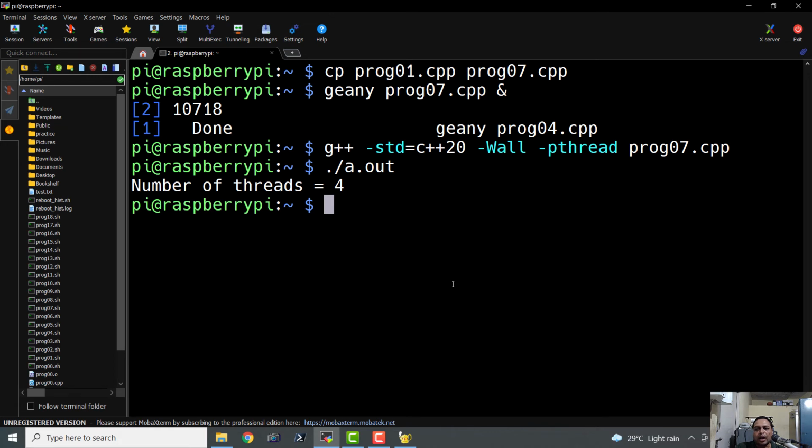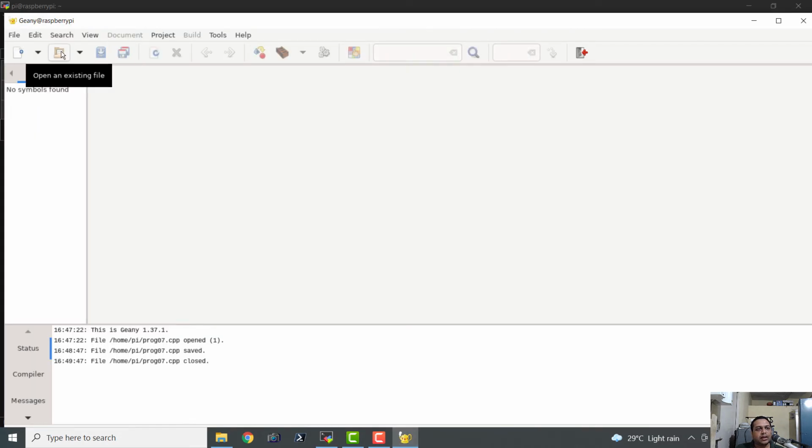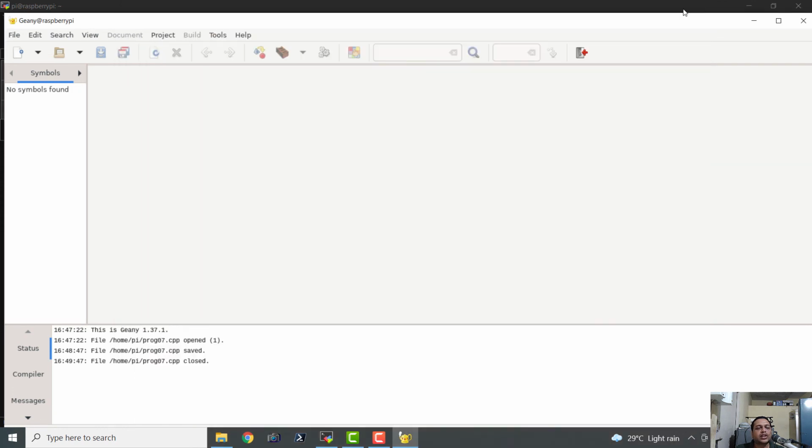Now, let us create an array of threads, and that is very, very easy. So I will again copy an already existing file, open an existing file, prog01. I guess it is not able to show us the files that were not created by the tool Geany.